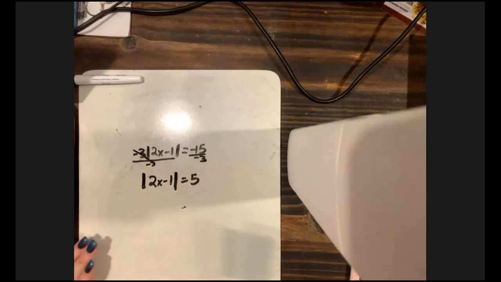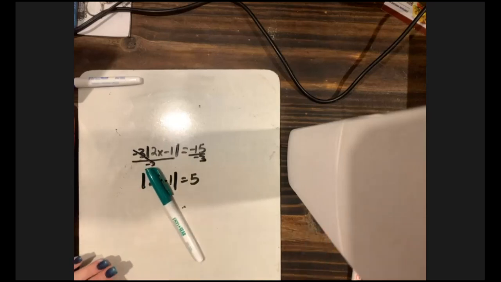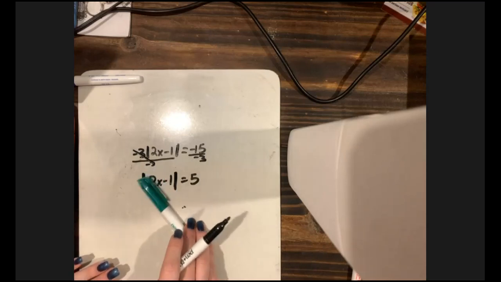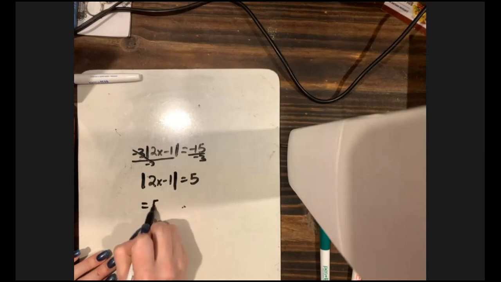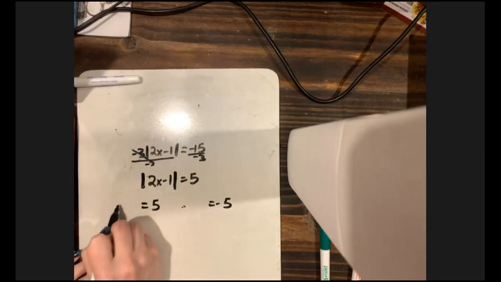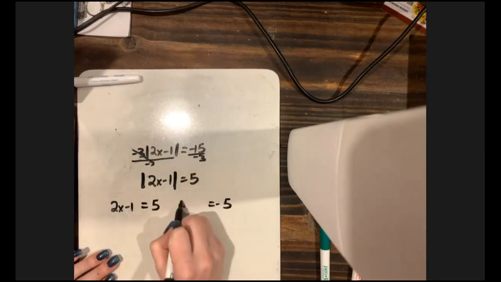Now, again, I'm going to use a marker here to cover this up. The absolute value of my marker is 5. That means my marker could either be the value 5 or -5. So I'm going to set it up as such. I'm going to have the expression equals 5 and equals -5. And then we're just going to bring into play